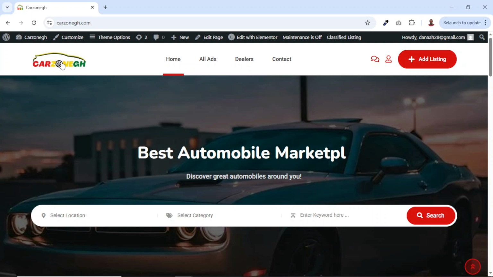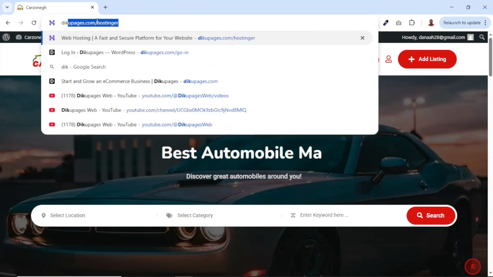So the first thing we are going to do when creating a listing website like this is to get a domain and a web hosting for our website. To do that, just go over to your browser and enter